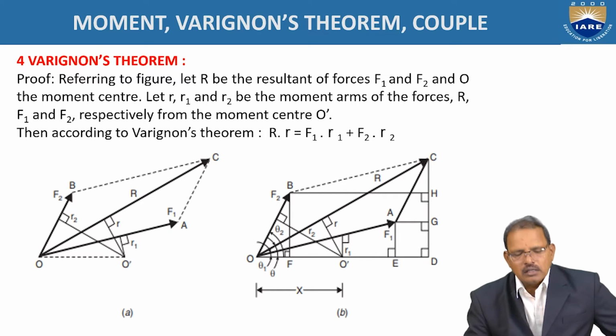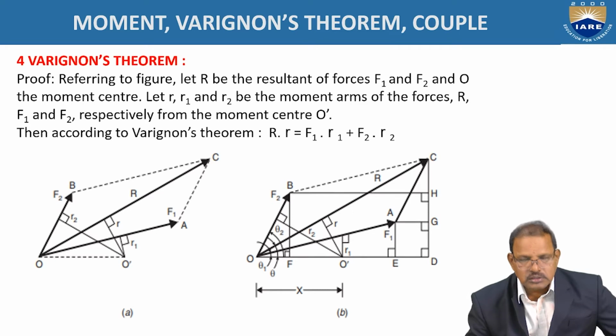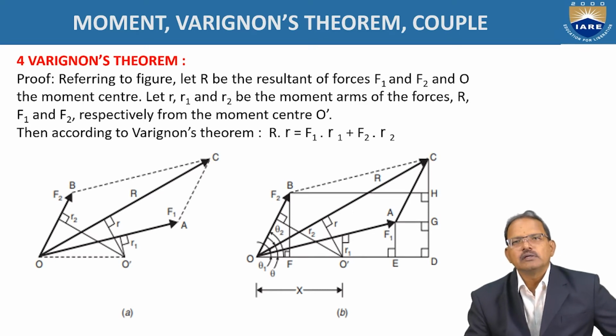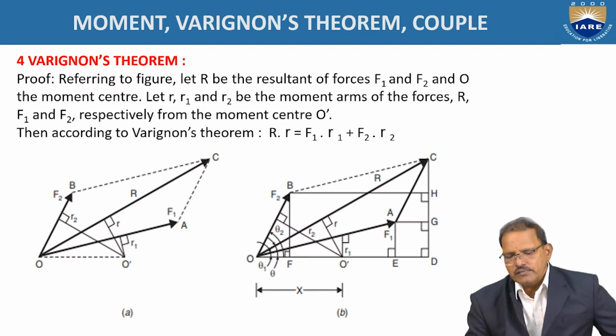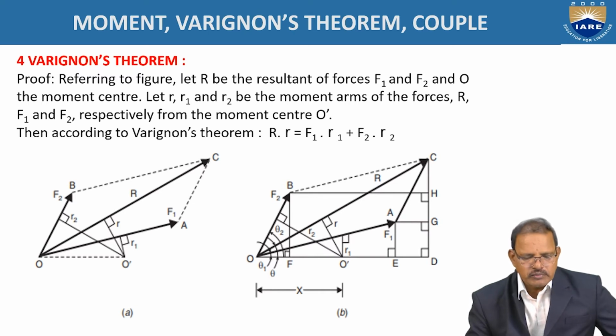Now, the moments created by the forces F1, F2 and the resultant R at point O, according to Varignon's theorem, is given as R into r, that is the resultant force and the perpendicular distance between O and R equal to small r, that is force into distance. R into r is equal to F1 into r1 plus F2 into r2, where F1, F2 represent the magnitudes of the forces,